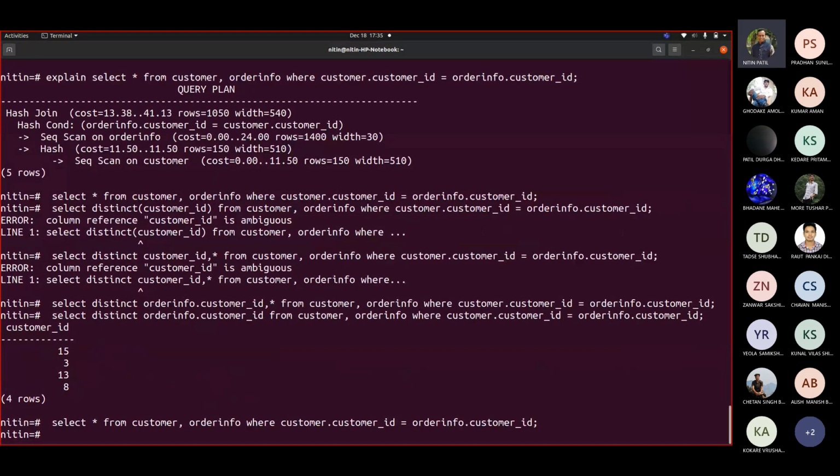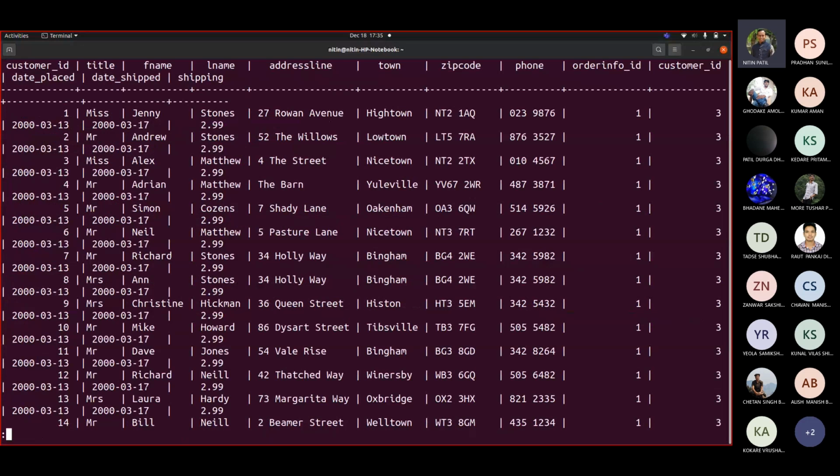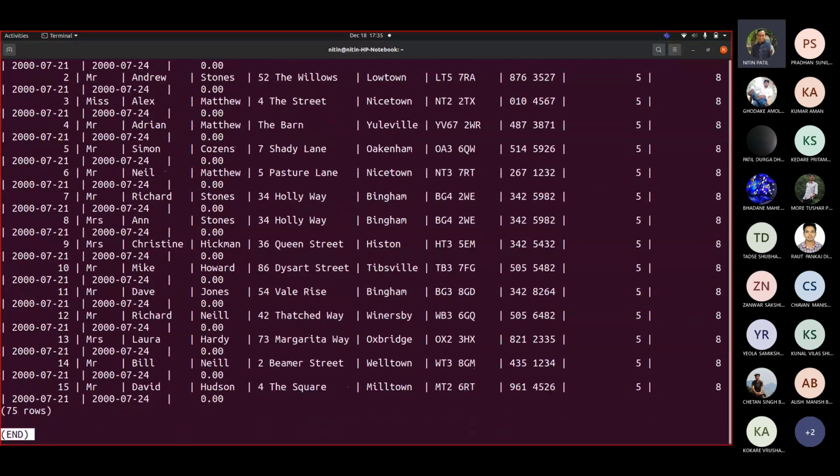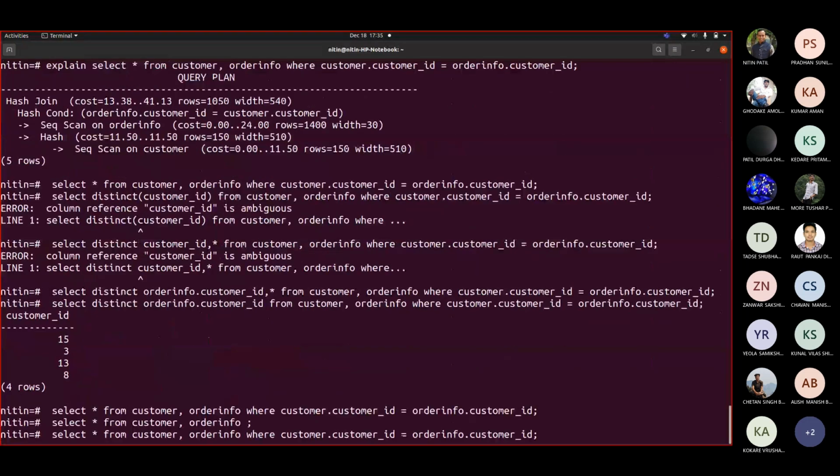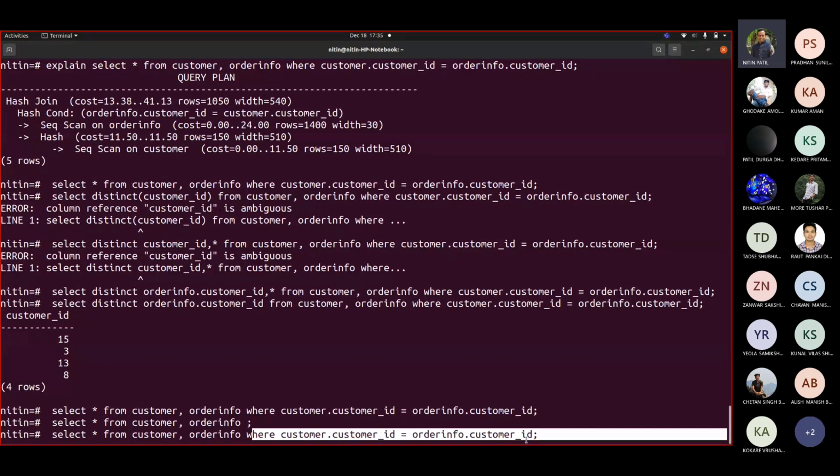So what happened here? If I remove this condition, I got this. So the total number of records would be 75. Among these 75, I am supposed to pick only those which satisfy this condition, whatever condition is written by me. So among 75, that means what? From customer I have to fetch, from order info I have to fetch, then combine them together and then get the result. So if I write explain here,